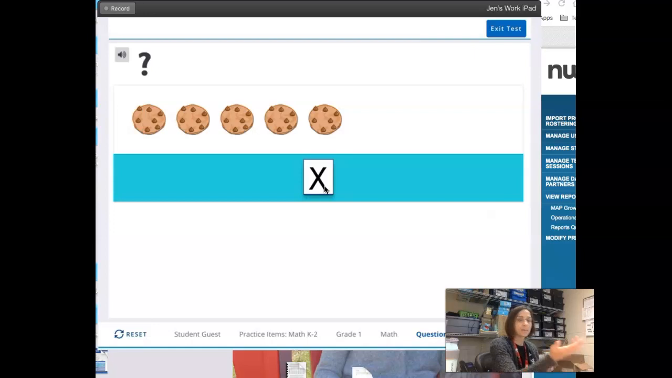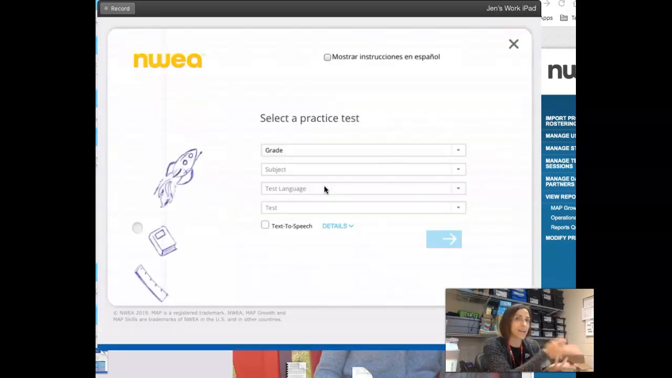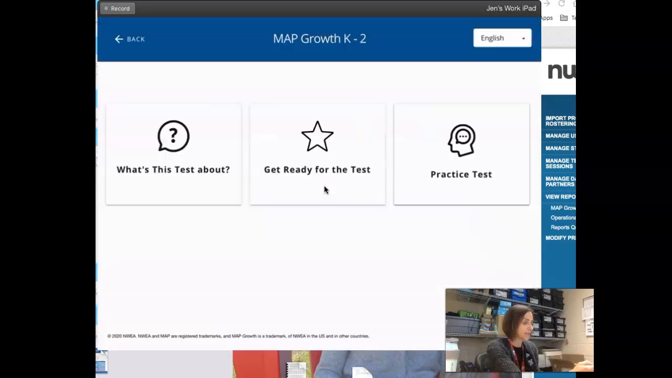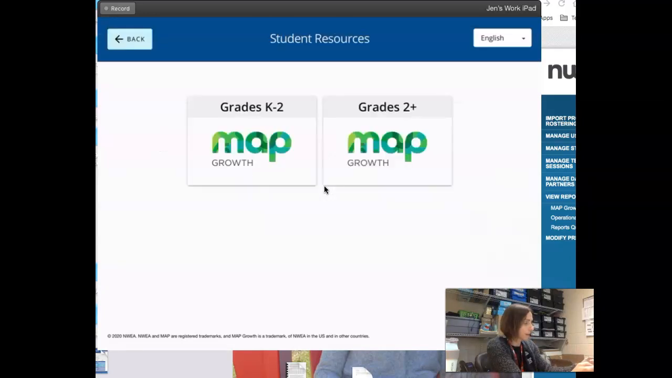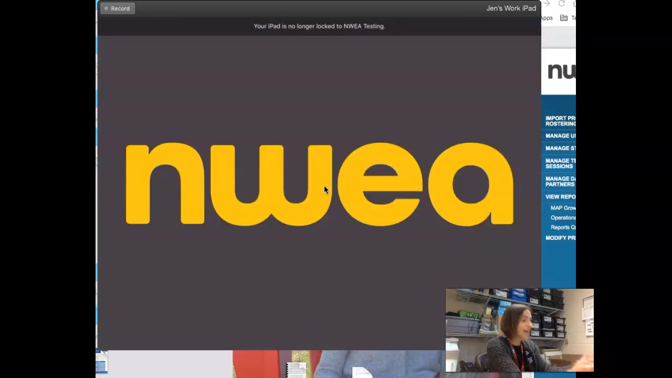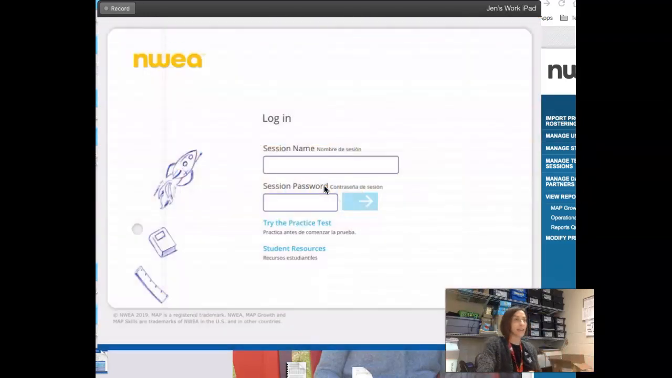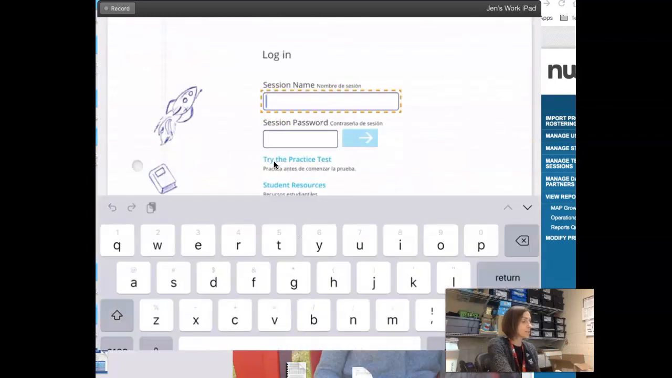So again, I would highly recommend, I know as a parent, I would love to get a feel for what my kids are doing with the MAP test. So feel free to go in there and practice yourself to kind of get an idea of what they're doing. Okay. Now on the testing day, like I said, your child is going to get a test